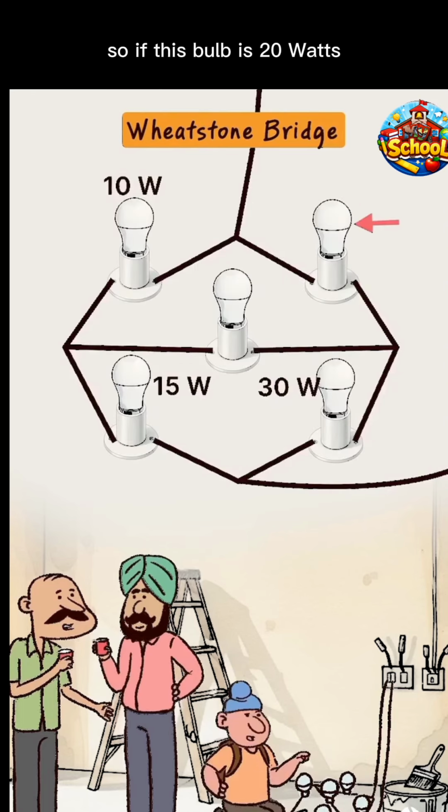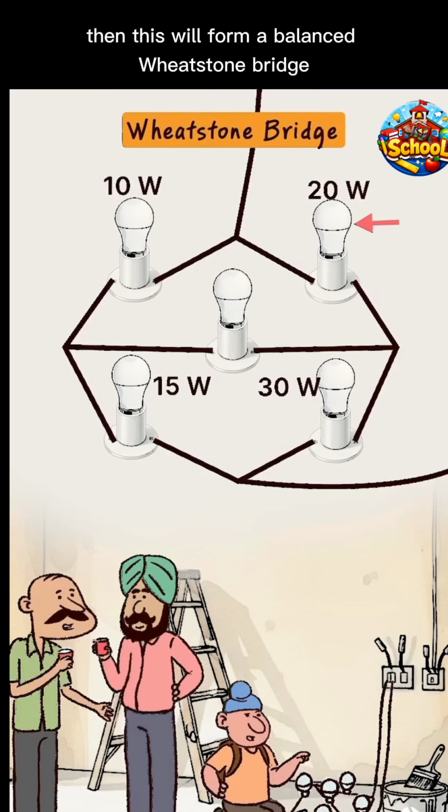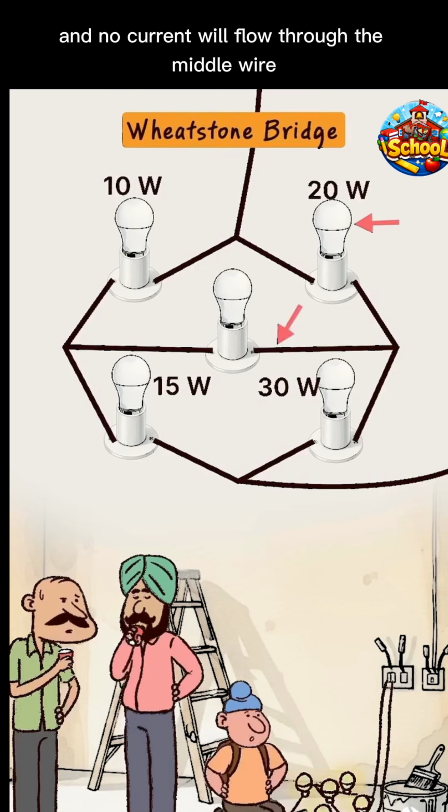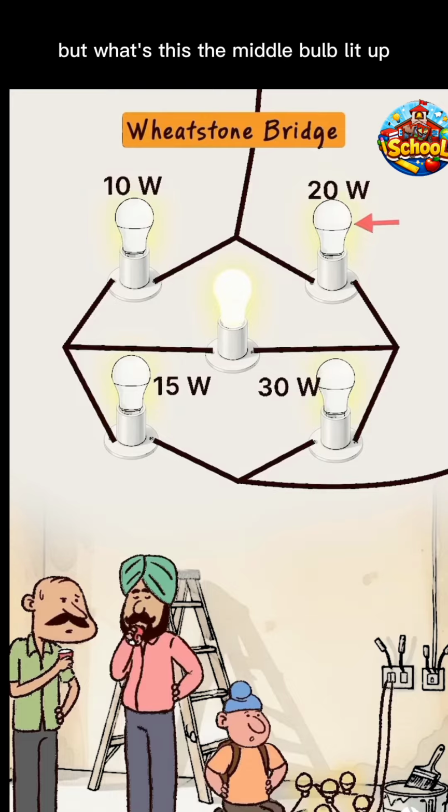So if this bulb is 20 watts, then this will form a balanced Wheatstone bridge, and no current will flow through the middle wire. Lucky turned on the circuit switch. But what's this? The middle bulb lit up, which means it's not a 20-watt bulb,